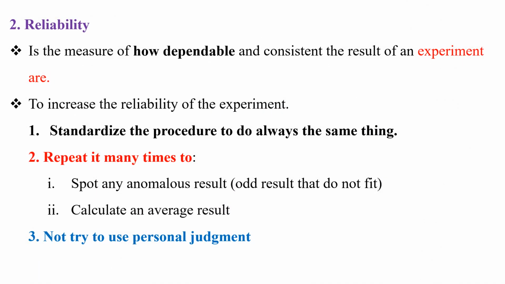The second one is reliability. Reliability means the truthiness of our research or our experiments. This reliability is the measure of how dependable and consistent the results of an experiment are. To increase the reliability of the experiments,